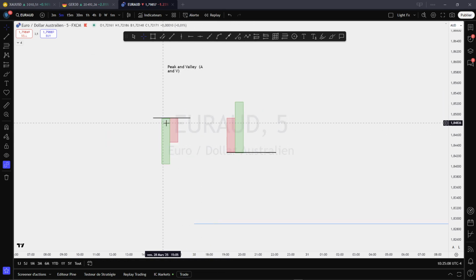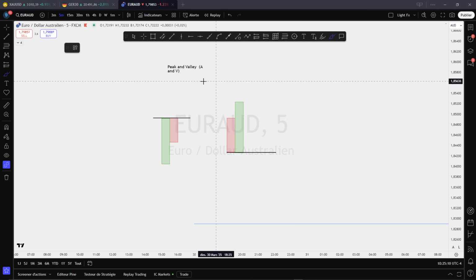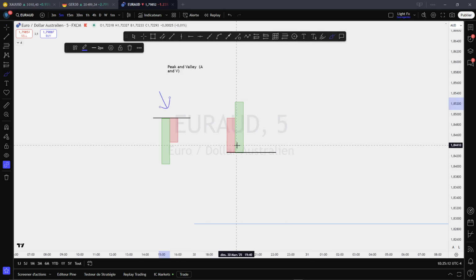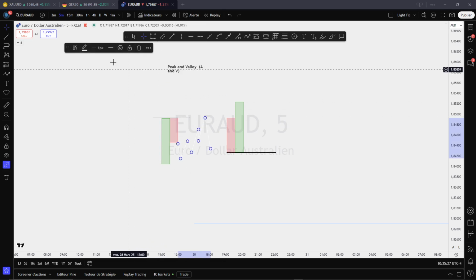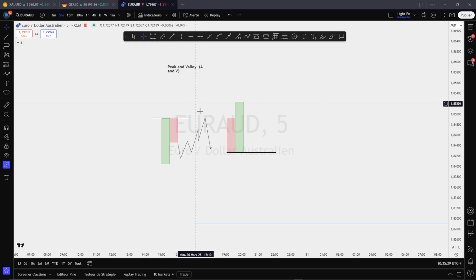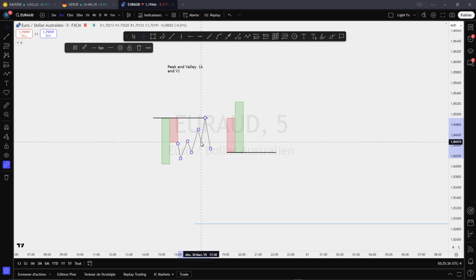This is for the bearish side when price is about to go down, and this is for bullish when price is supposed to go up. You mark the level, and when price comes back to that level after making a price action movement, you expect price to drop from that level. Let me show you here. You see, when price arrives at that level, it will return and reverse from that level.